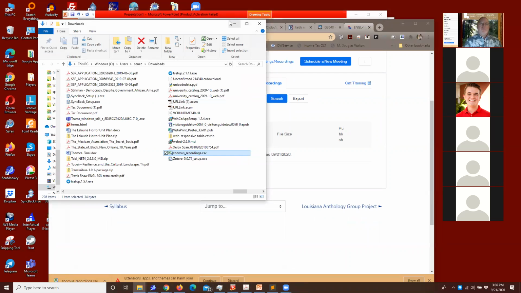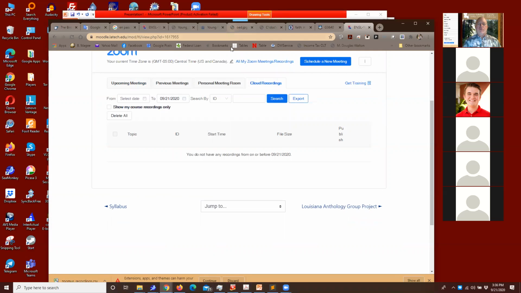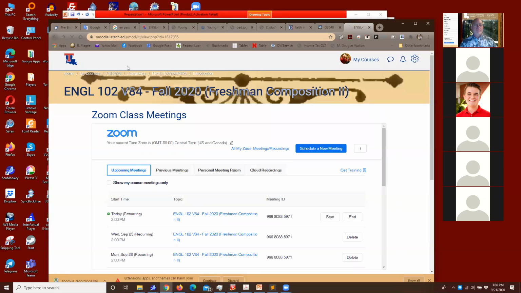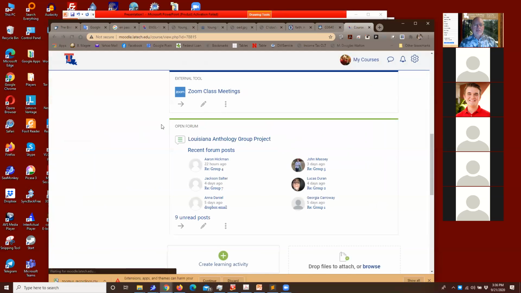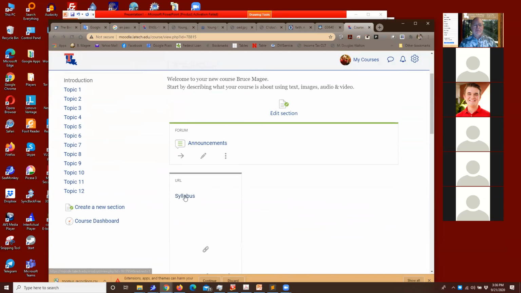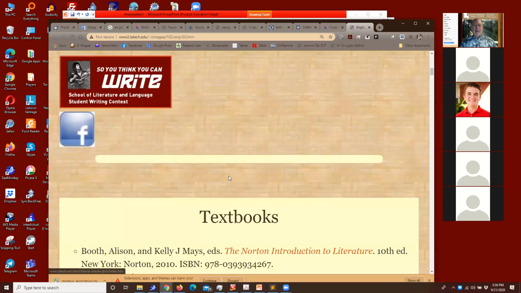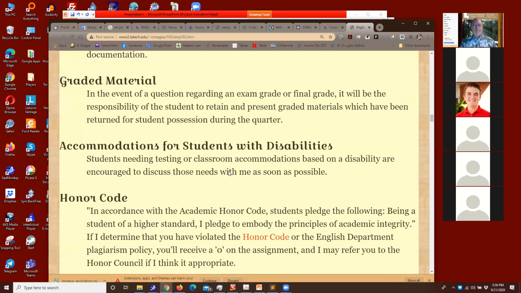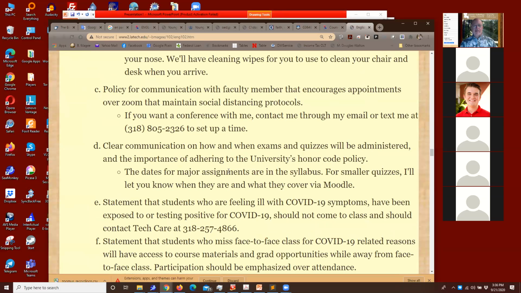Well, I want to record it on my computer. There's a choice when we record to record it on the cloud or record it on the computer. And this way I keep it forever. If I put it on Moodle, then it's gone next quarter and all my work is down the drain. I generally speaking hate Moodle. So click on the syllabus and then you're there. And it's all organized by period.